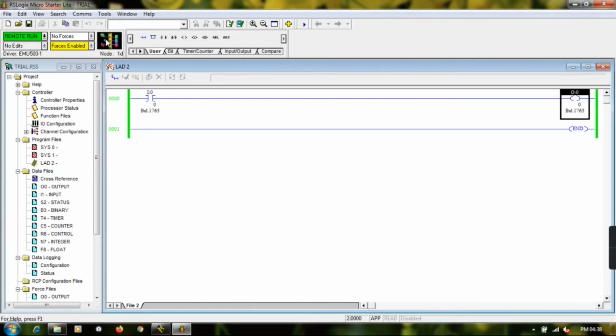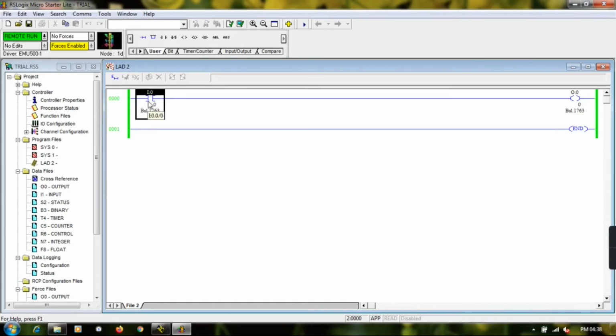You can see here this ladder is rotating. That means the program is in run mode. This program is nothing but controlling a lamp with the help of a switch. We will have a detailed discussion of this program, how to write the program and how to develop the logic step by step, in the next session.